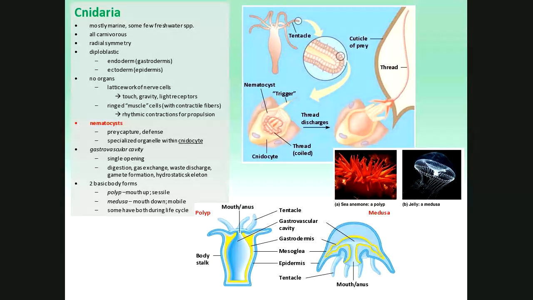Now, what puts the members of the cnidarians together in the group and excludes the ctenophorans is the fact that, unlike the ctenophorans with their sticky things, cnidarians have stinging cells, things called nematocysts. Well, excuse me, the cell is called a cnidocyte. Inside of that is something called a nematocyst, right? So it's a specialized organelle within the cnidocyte. The cnidocyte is the cell. The nematocyst is the specialized organelle with a trigger.